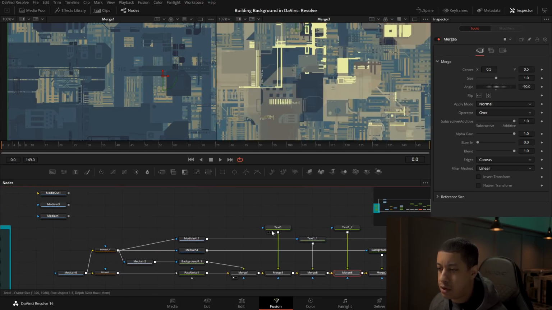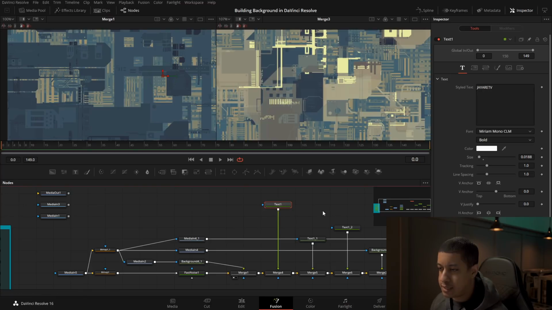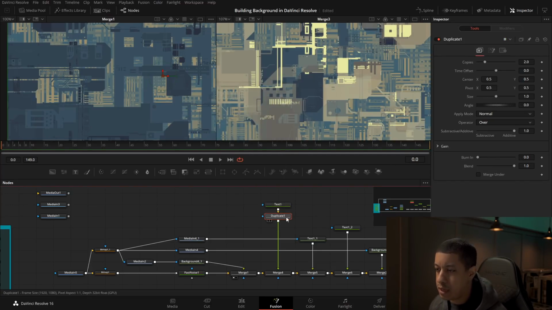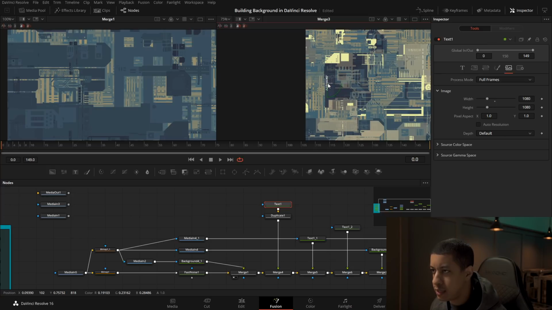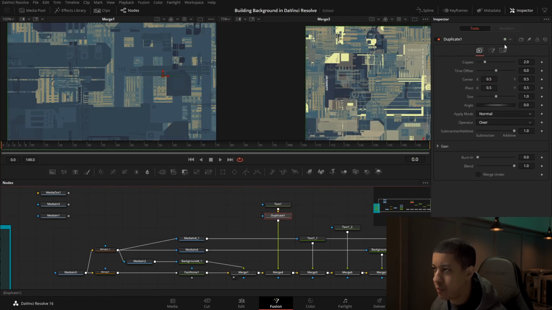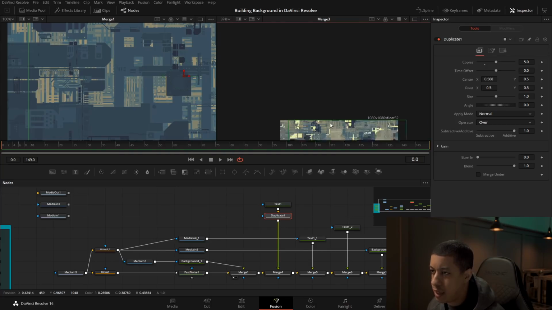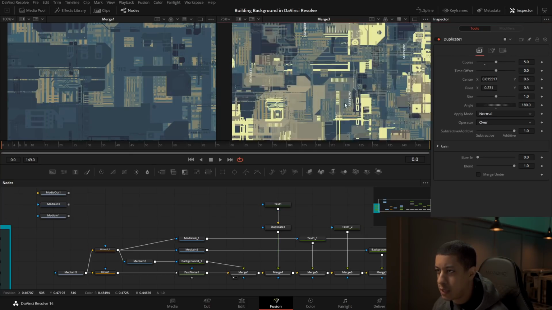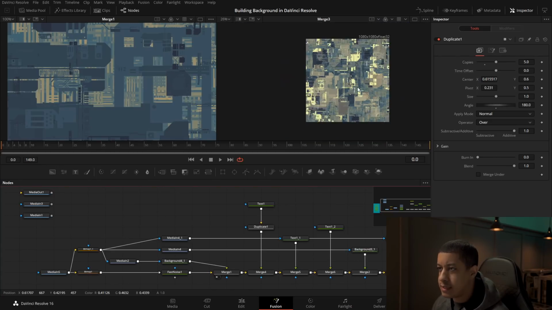The other thing you can do is you can come into, let's say this node, and you can do the duplicate node. So we could take this right there and then come into this duplicate and then just say how many copies you want. So maybe 5 copies. And then we just do something like that. And we can put 5 copies all the way across. And you can move it obviously down or up or however you want. Okay, so that's how we would do that.